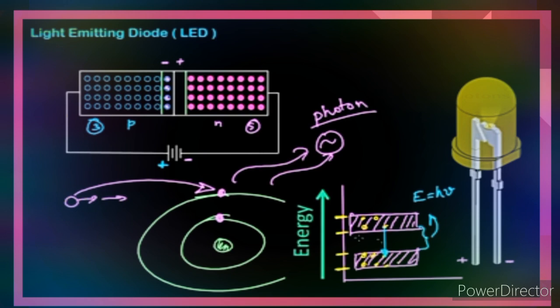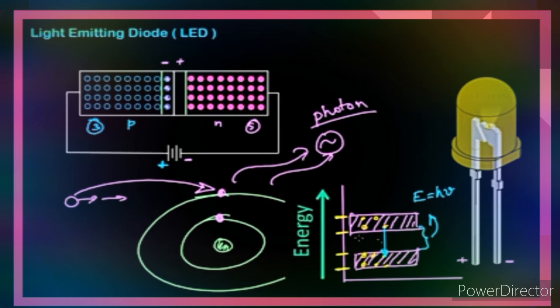All diodes emit photons or light, but not all diodes emit visible light. The material in the LED is selected in such a way that the wavelength of released photons falls within the visible portion of the light spectrum. The light emitting diode can be switched on and off at a very fast speed of 1 nanosecond.